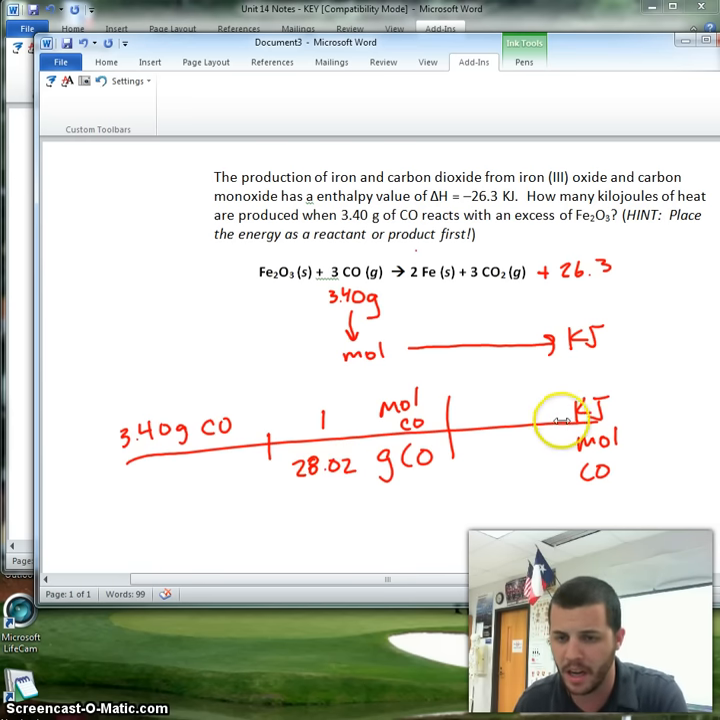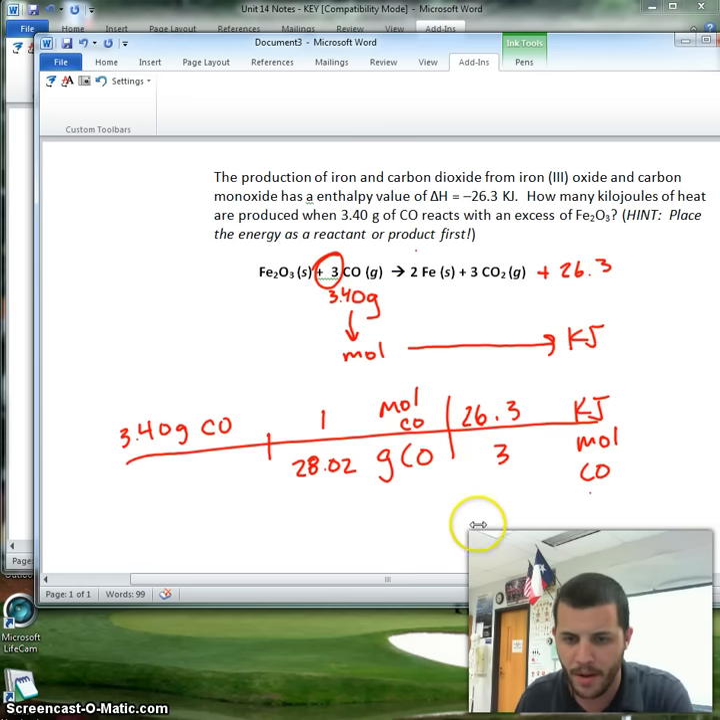For every, now kilojoules to moles, remember, I'm going to use my number of kilojoules in front of kilojoules, so that's 26.3. My moles I have to get from the coefficient. So my moles of carbon monoxide is 3. So now I'm able to plug all this into my calculator, and when I do, I get 1.06